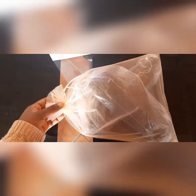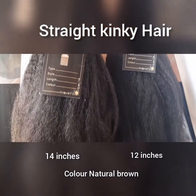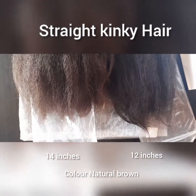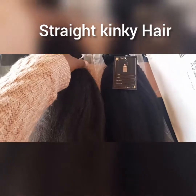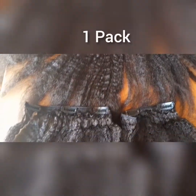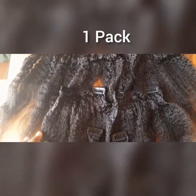So this is the packaging. It's absolutely cute. And this is the hair that I received. I got 14 inches and 12 inches of straight kinky hair. It was absolutely soft to the touch. And this is just how it looks like out of the pack. One of the packs has all these clip-ins,